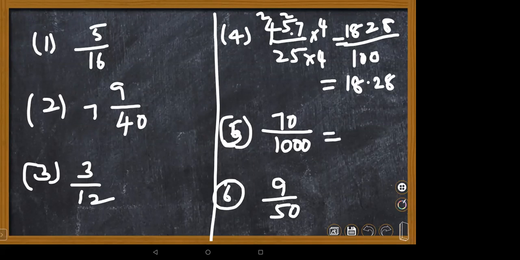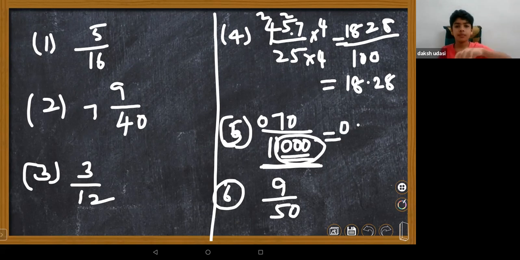Direct answers, how are you supposed to write? You can even cut the zero. Without cutting also, you need to get 3 decimal places. Ma'am, sorry, I miscalculated. I did all the answers. Okay, very good, Ashwatha. So 70 by 1,000. So how many decimal places do you need to get now? You need to get 3. Three zeros means 3, but we have in the numerator only 2 digits. Before the 7, you are supposed to add a zero: 0.070.